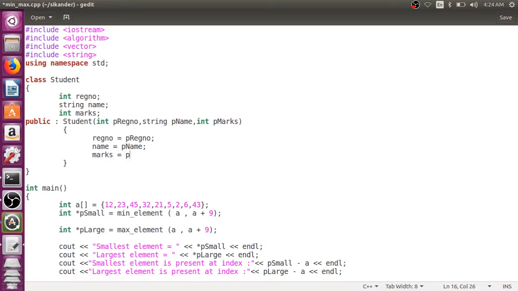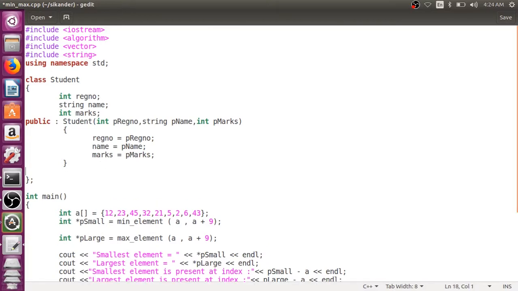I hope there is nothing to be explained about this. A simple constructor which takes the parameters and then assigns them to the data members. Yes, we do not have a default constructor if the user provides the parameterized constructor. That is something we need to be aware of. If the user provides a parameterized constructor, the compiler does not provide a default constructor. Then let us also have a simple code, like if you want to